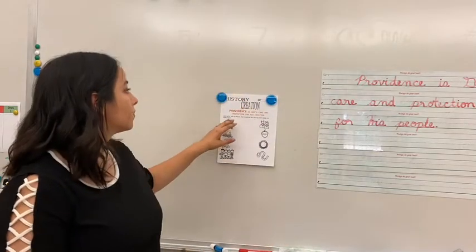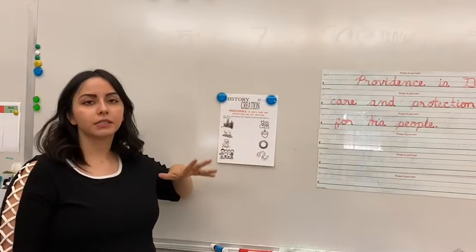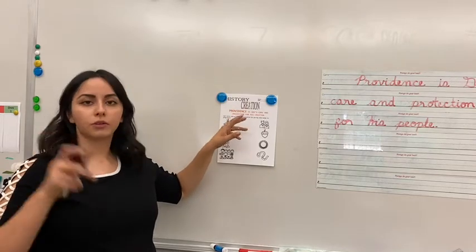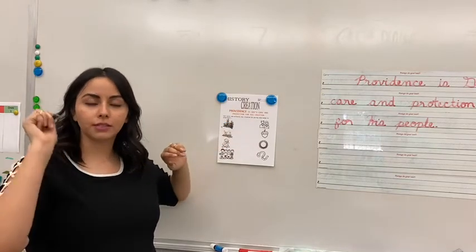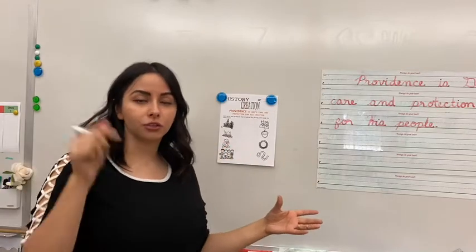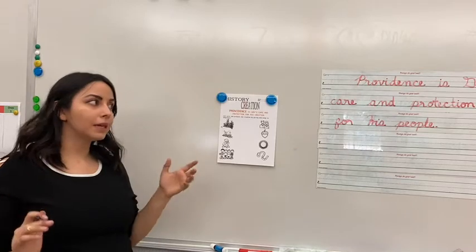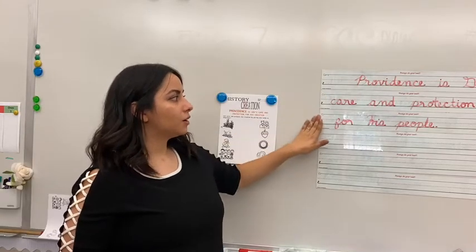So right here, it's really simple. If you are in group A, you have a word that's written with pen that you can go ahead and trace. Make sure you stay right on the line and trace as best as you can the word providence. If you're group B, you'll go ahead and write this.